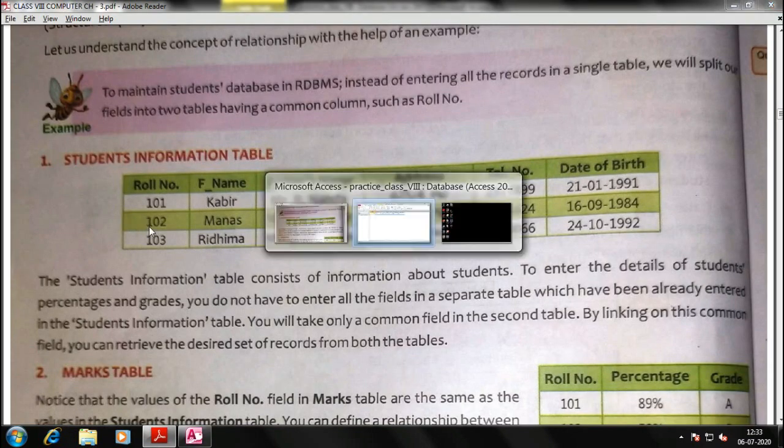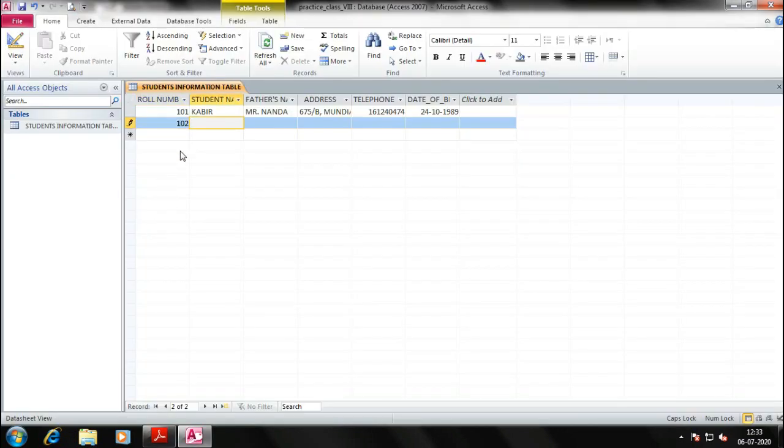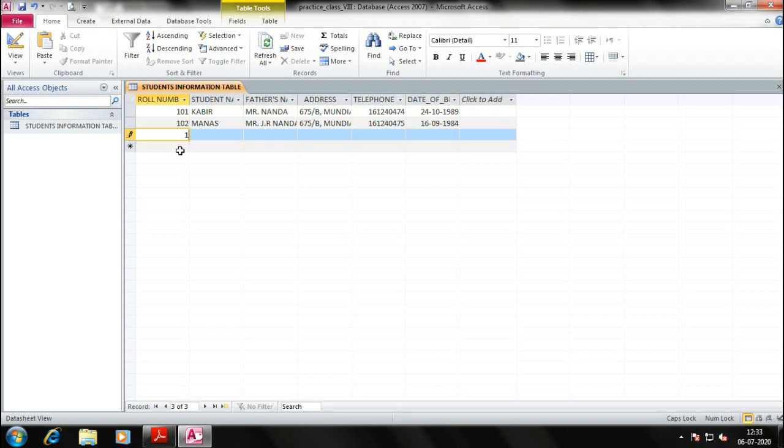Next, 102 is Manas. Next again Mr. J.R. Nanda. The same address, copy paste it. The number is not the same, only one digit difference. Date of birth 16/09/1984. 103, Vedima, M.R. Nanda is there.